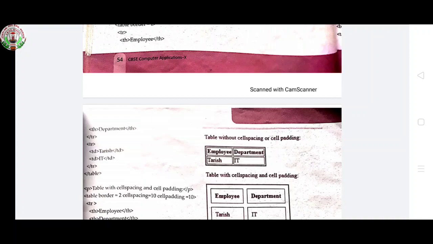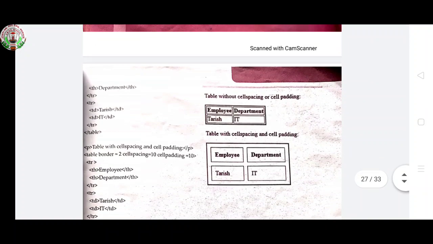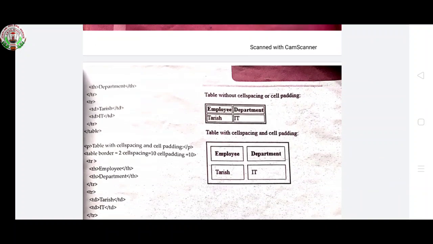Now with the same example we will see how cell spacing and cell padding work in HTML. Now P tag, table with cell spacing and cell padding is the heading, close P tag, that is paragraph. Then table, border is equal to 2, cell spacing is equal to 10 and cell padding is equal to 10.